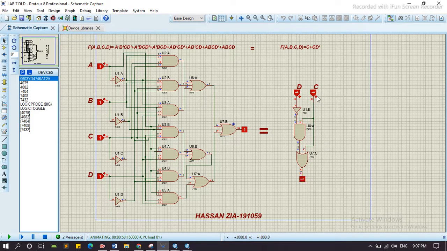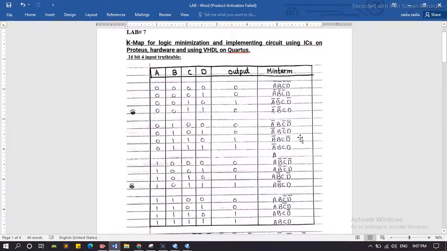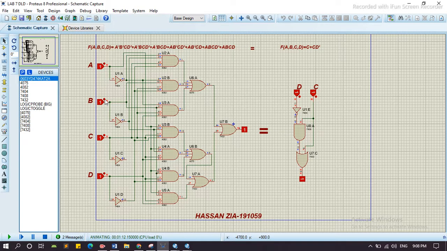If we implement any other expression which has output 0, then it shows 0. Let's suppose we implement this expression here, 1 0 0 1. Now we go to here, 1 0 0 1, and here C is equal to 0 and D is equal to 1. It shows the 0 output here.